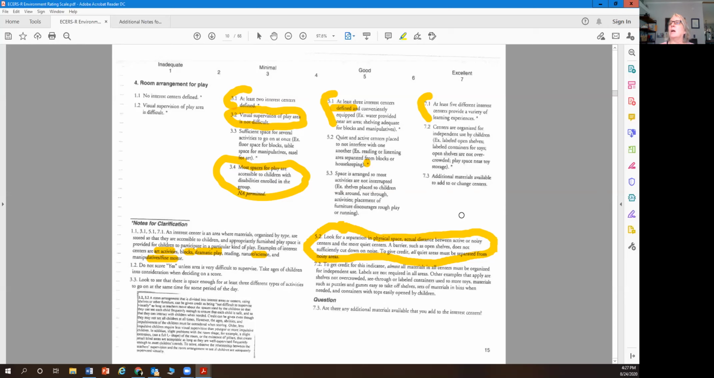Okay. If I come down here, 7.2 also has an asterisk. So if I look down here, this is where the asterisk comes into play. 7.2, to get credit for that, it says almost all materials in all centers must be organized for independent use. You do want to do labels. Labels are not required in all areas,